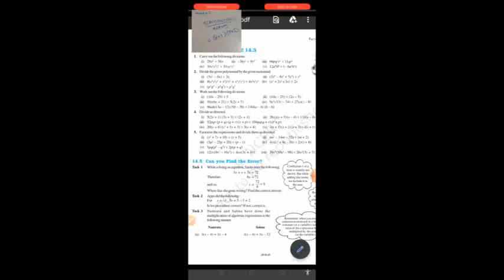Now we are going to solve question number 5 of first part. Okay, I hope all of you understood question number 4. This is very easy, you can do. Okay, so question number 5, first part is given y square plus 7y plus 10 divided by, here given y plus 5.